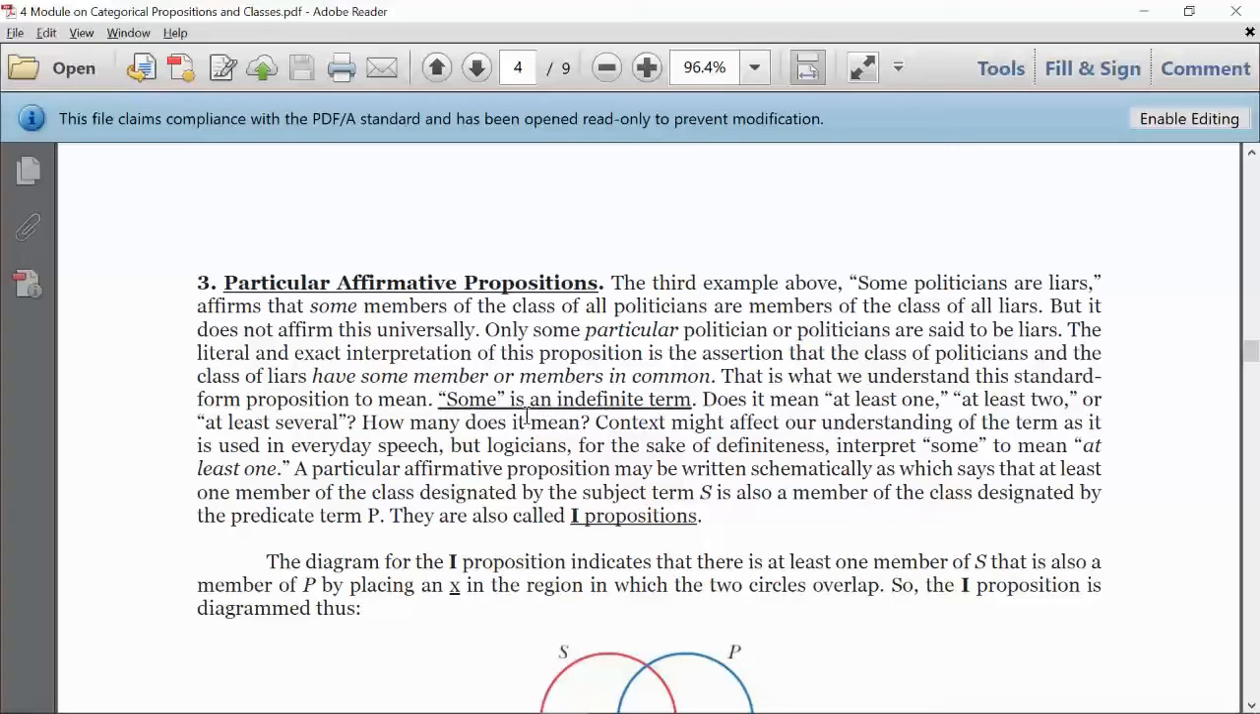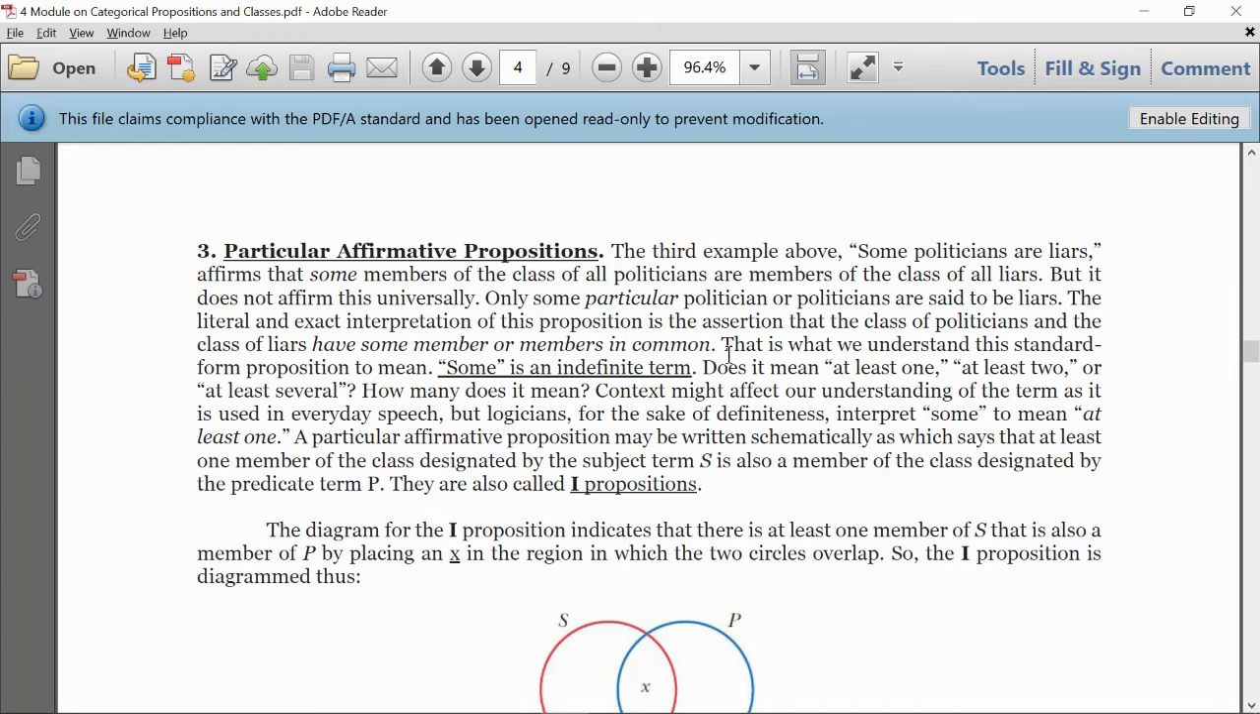But it does not affirm this universally. In other words, not all politicians are liars. So it only affirms some members of the class of politicians. So only some particular politician or politicians are said to be liars. So the literal and exact interpretation of this proposition is the assertion that the class of politicians and the class of liars have some member or members in common. So that is what we understand this standard